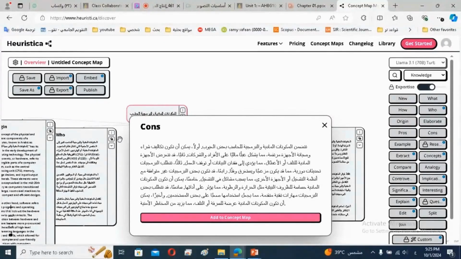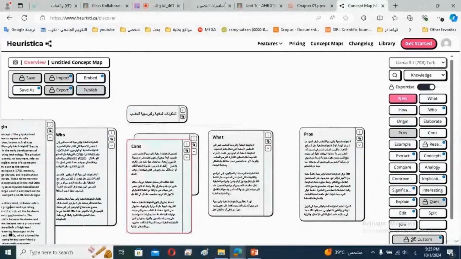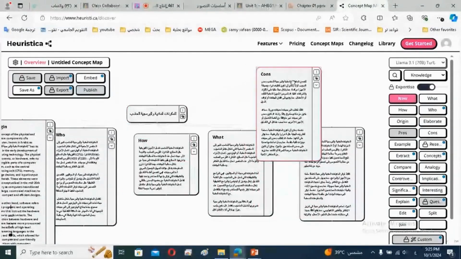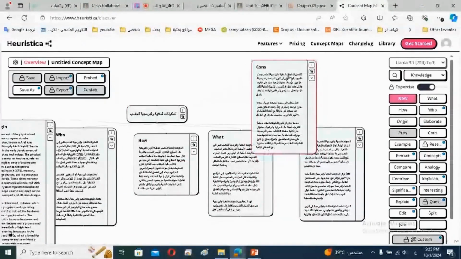I will tell you that among the disadvantages, the costs of purchasing and maintaining the hardware can be high. The important thing is that I don't want to overwhelm you with too much information. So here I give you a teacher who explains the information. If there's a topic, forum, discussion or something, you present the information in a way that highlights its features and drawbacks, its origin, who invented it, and who worked on it.